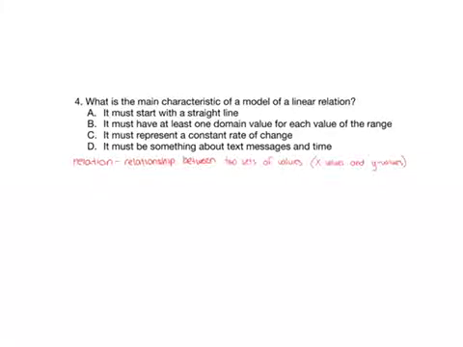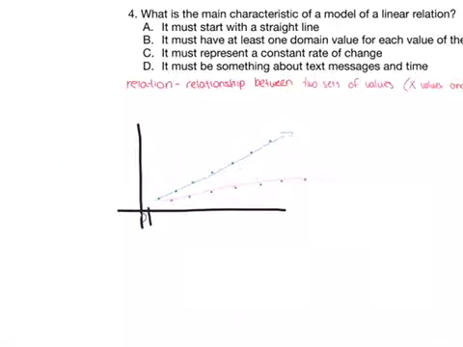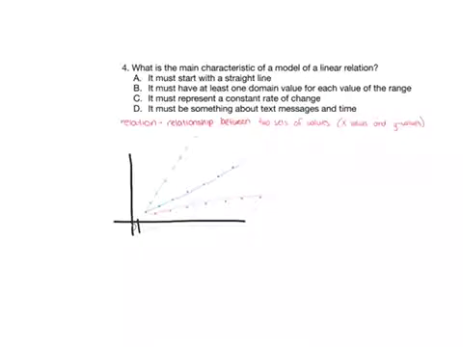In terms of math, those two sets of values are the x values and the y values. The term linear implies that the relation will make up any line on a graph, as shown here. So now, to determine the correct answer, we must go individually through each answer choice and determine which one is